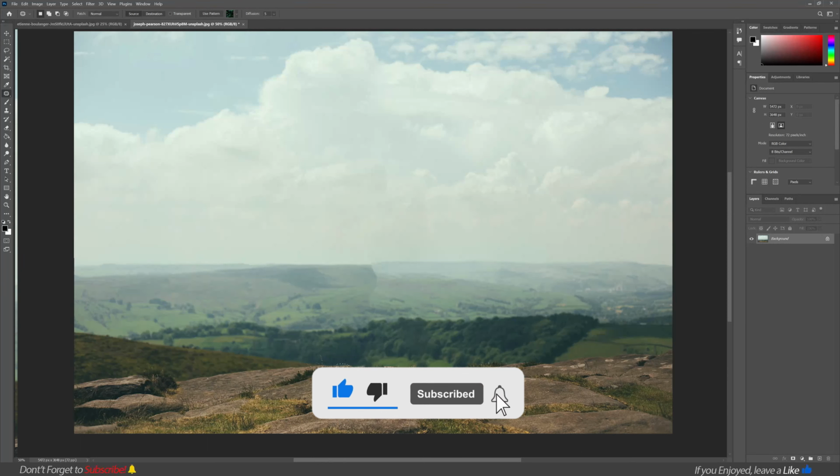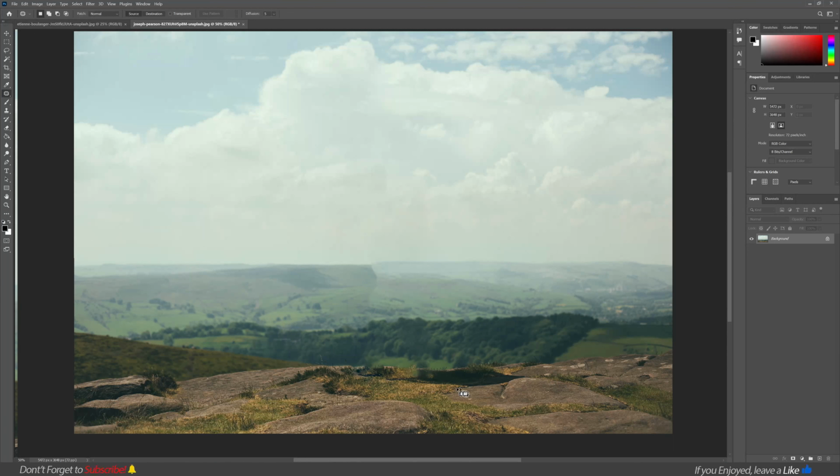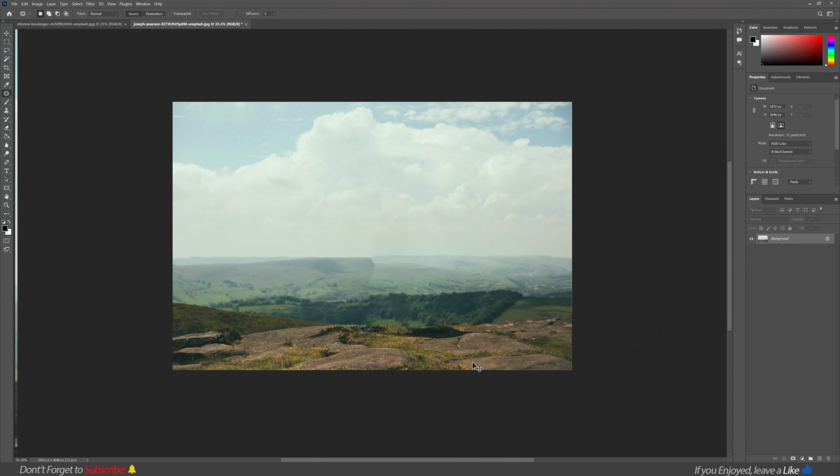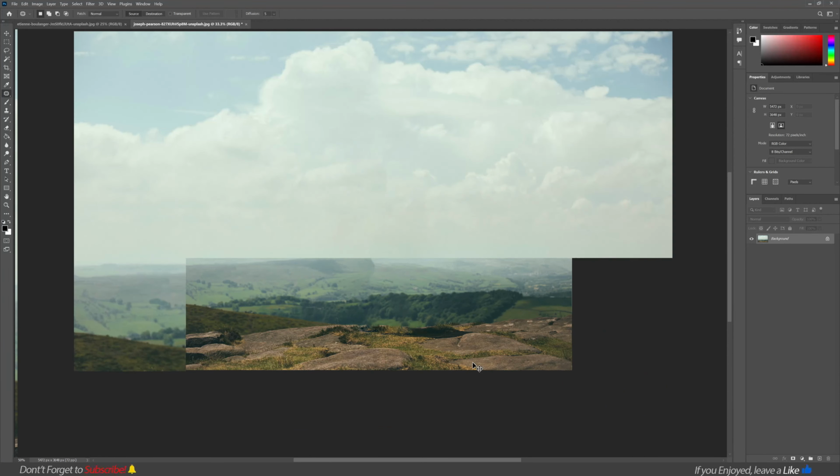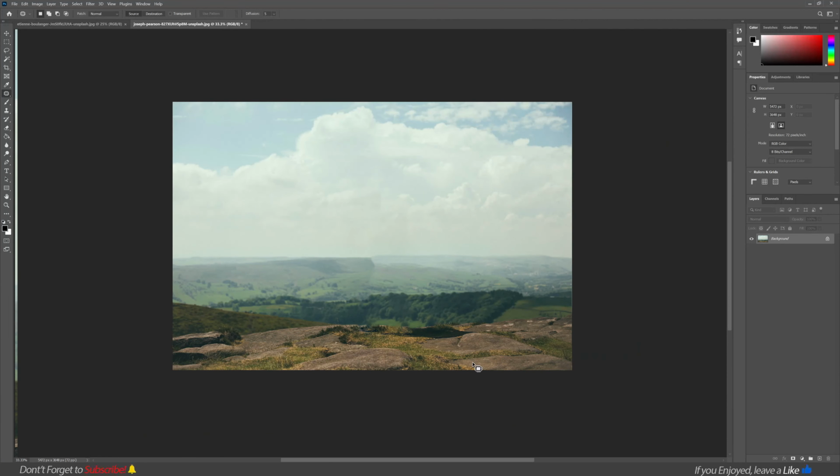Same here. Perfect. So this was the first method in which we can remove a person with the help of the content aware tool.